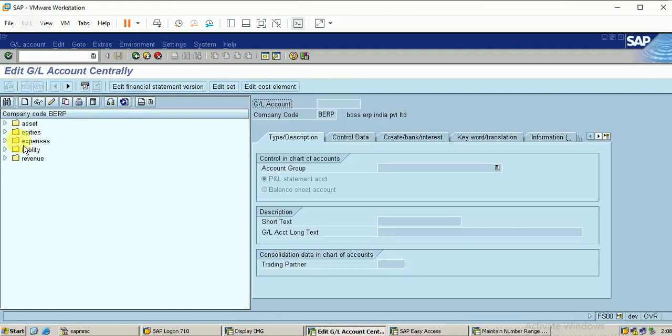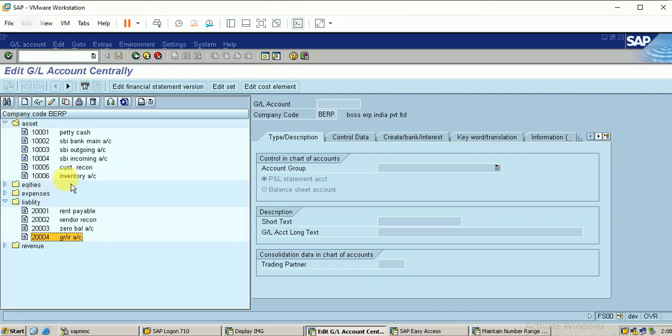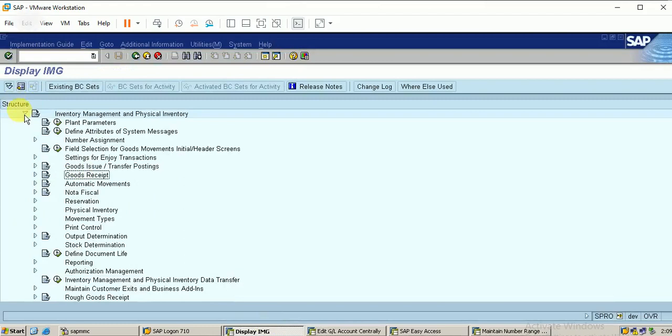All these things will affect our process. Click on liability. We created these two accounts, the assets, but we have not maintained the default profit center assigned to it. To do that, I enter into the navigation.